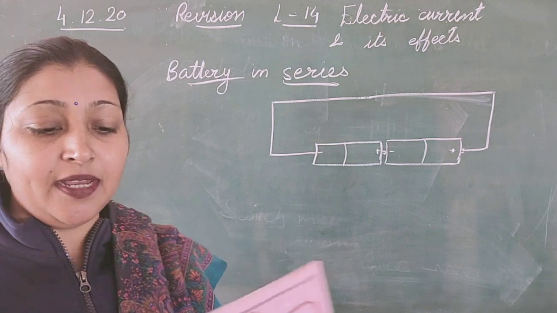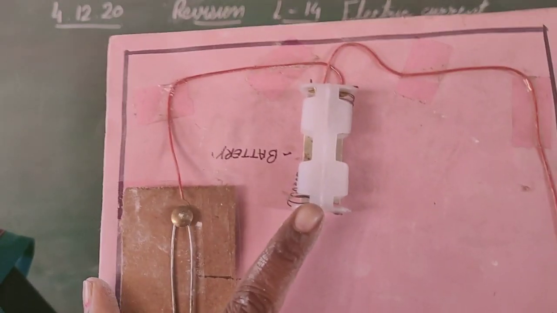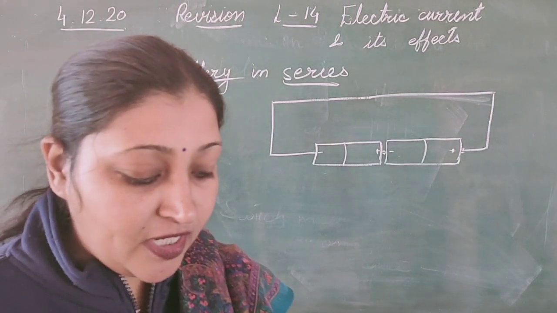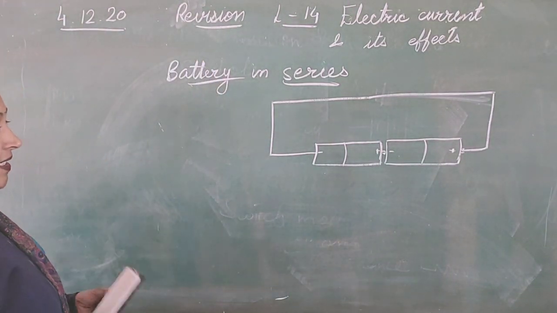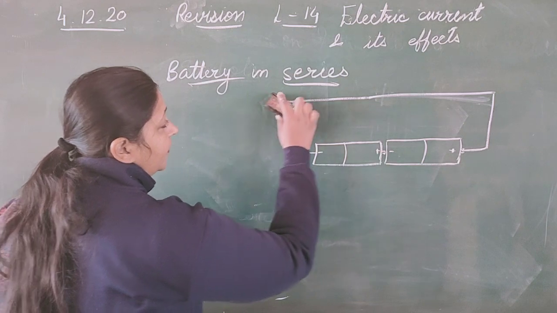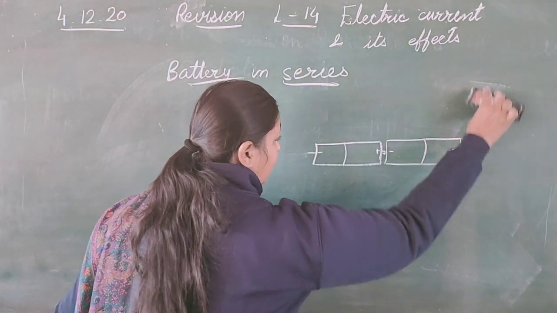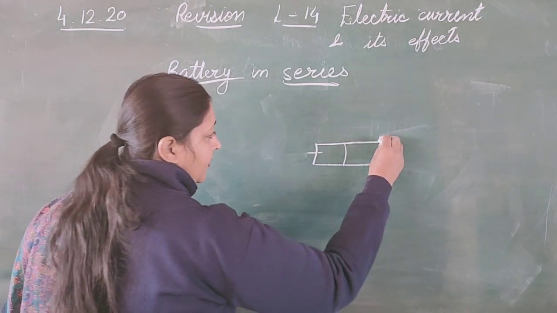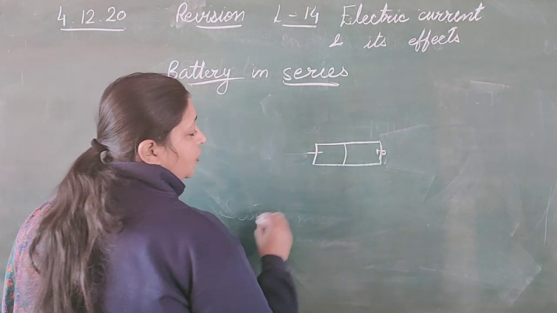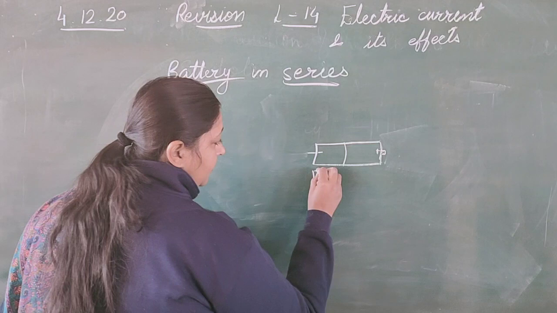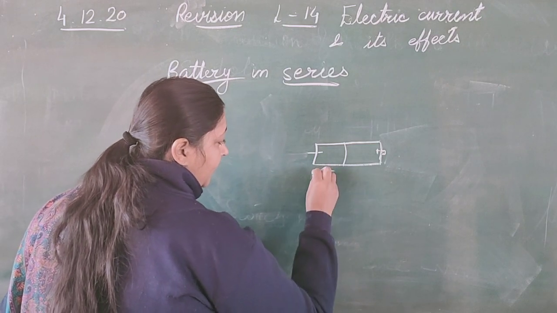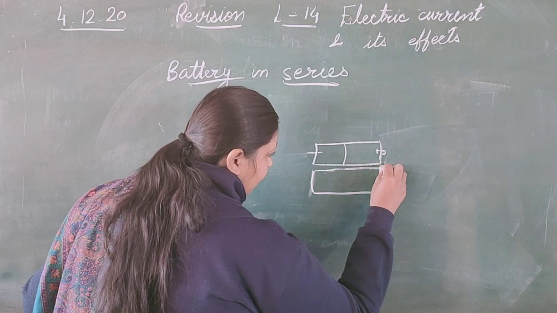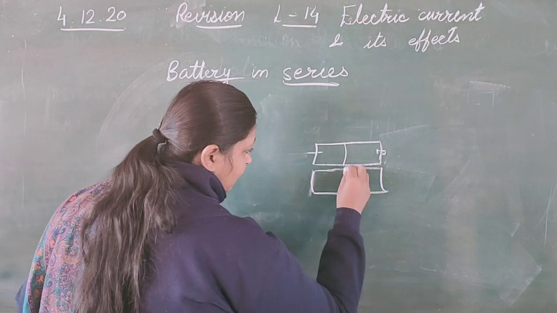Children, this is the way I will show you here. This is the way in which the battery is connected normally in our remotes. We use our TV remotes, and batteries are connected over there also. So, in the same manner, how is it connected? They are connected like this.